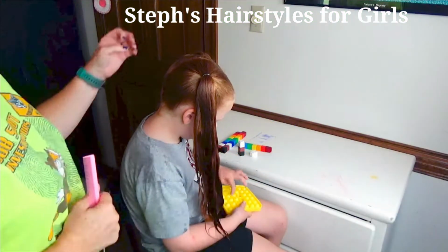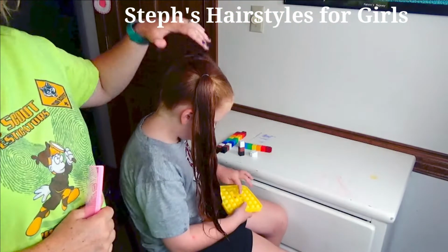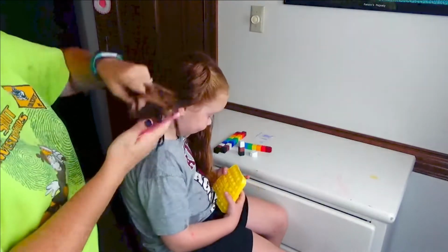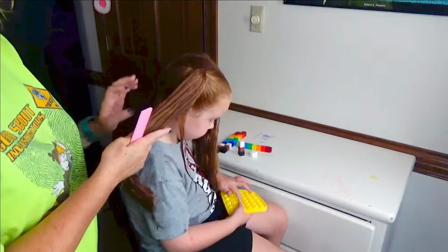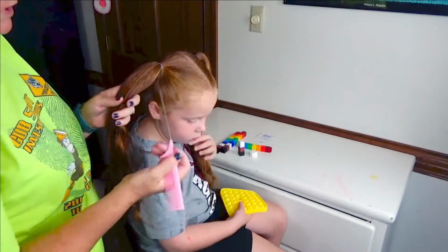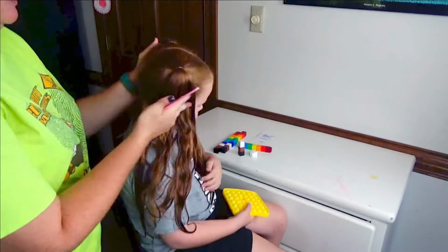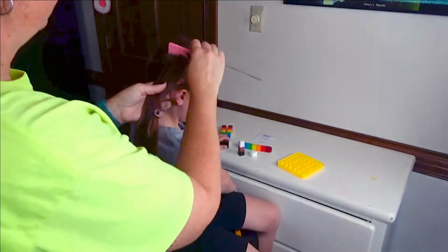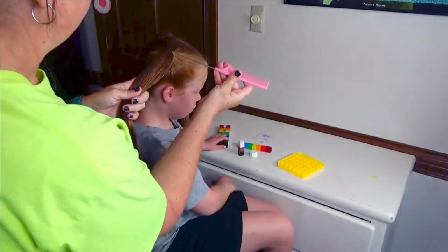We are going to do an Easter basket on top of her head. We'll put some little Easter eggs up there, and so hopefully it will be cute. We're going to start off by having two very high ponytails at the top of her head. So we are going to